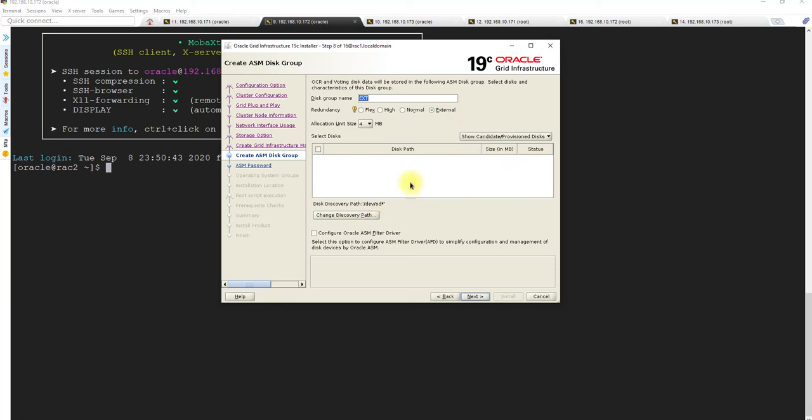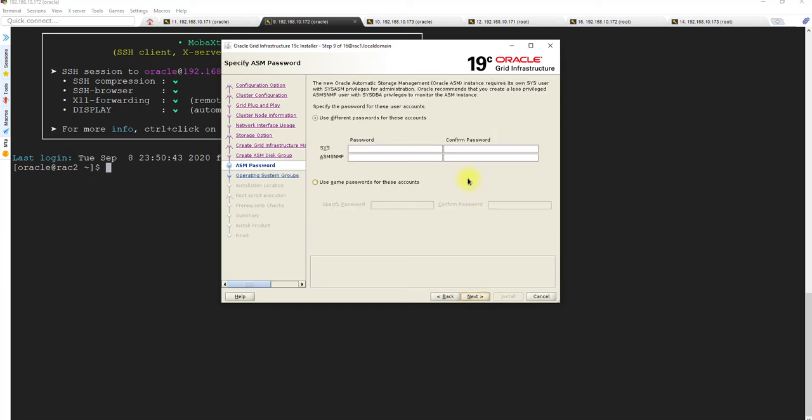Cancel this. Now you cannot see the disks. We need to find these disks under Oracle ASM/disks, and you say this. Okay, you created the disks under this particular partition. Automatically we will select ext. Okay, we'll say next. We will set up passwords for these elevated users, elevated being privileged users.